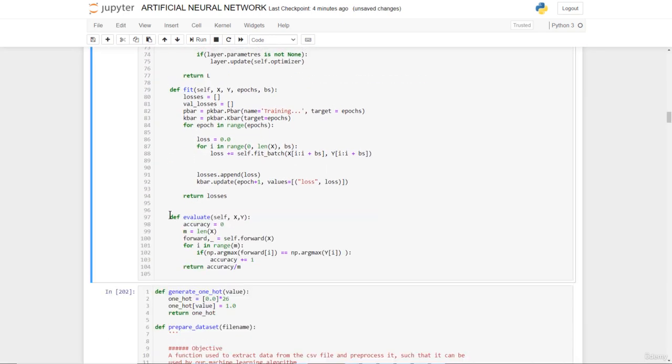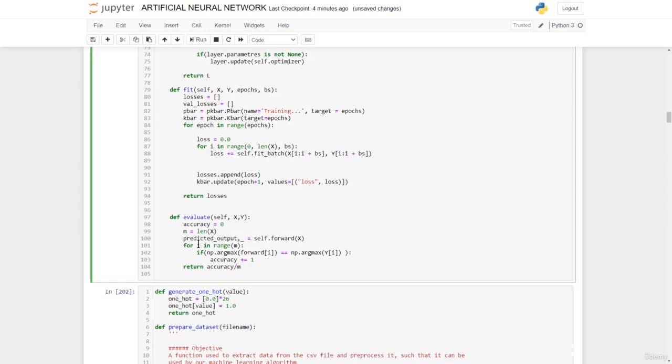We define this evaluate method, which takes in x, that's our inputs, and the target output. We are going to compare what our model outputs with this target, and then from there give an accuracy for our model. Now, to obtain the output predicted by our model, we pass this input x into this forward method, and we obviously get the predicted output. So we could say this is predicted